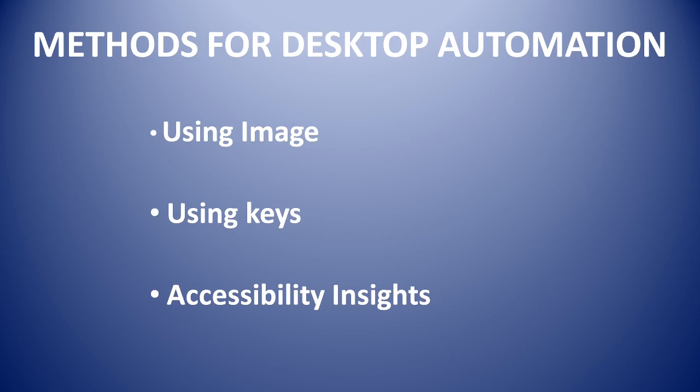Third way is by using Accessibility Insights software. It is a kind of software that helps to generate the properties for a particular UI element, and using those property values to automate desktop applications. There is Accessibility Insights for Windows and also for Mac. But currently using Robocorp we can only automate Windows-based applications by utilizing Accessibility Insights software. And I think in future they will provide an update so that we can also automate applications in macOS using Accessibility Insights software.